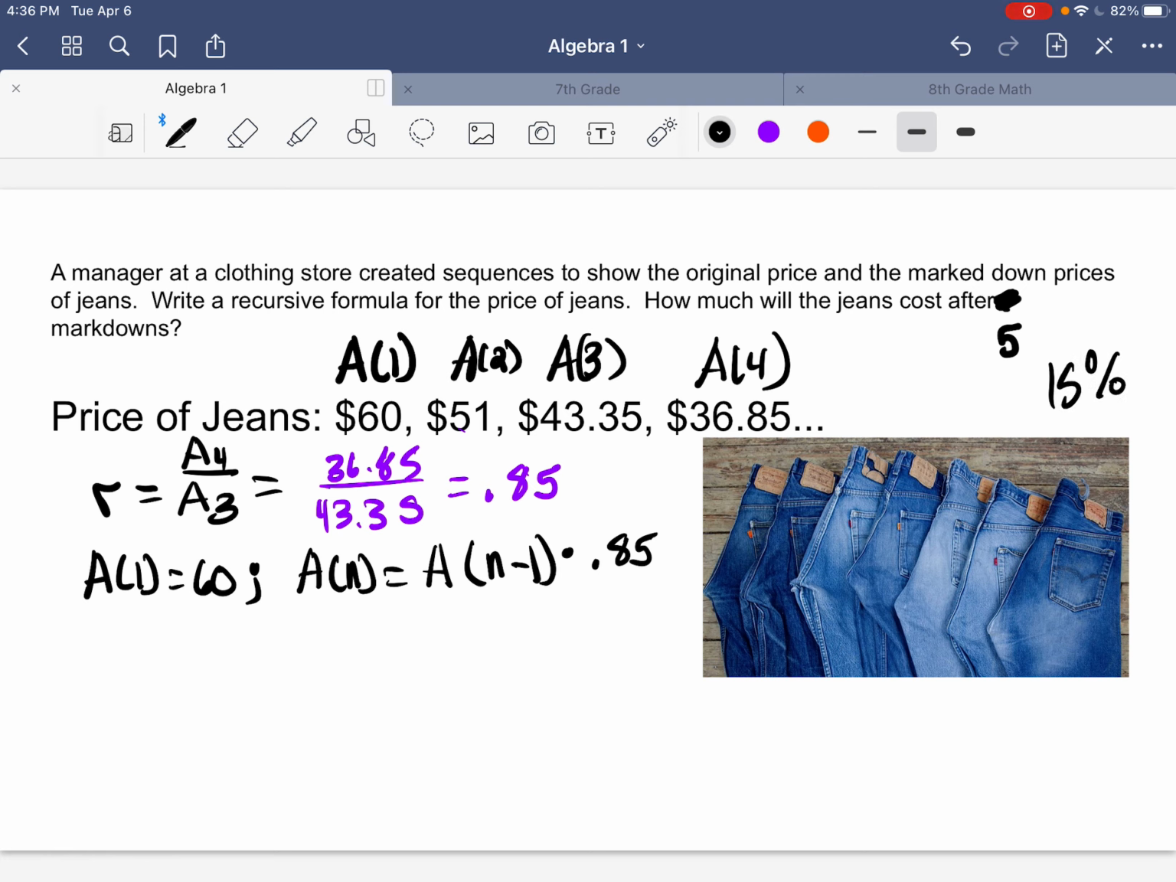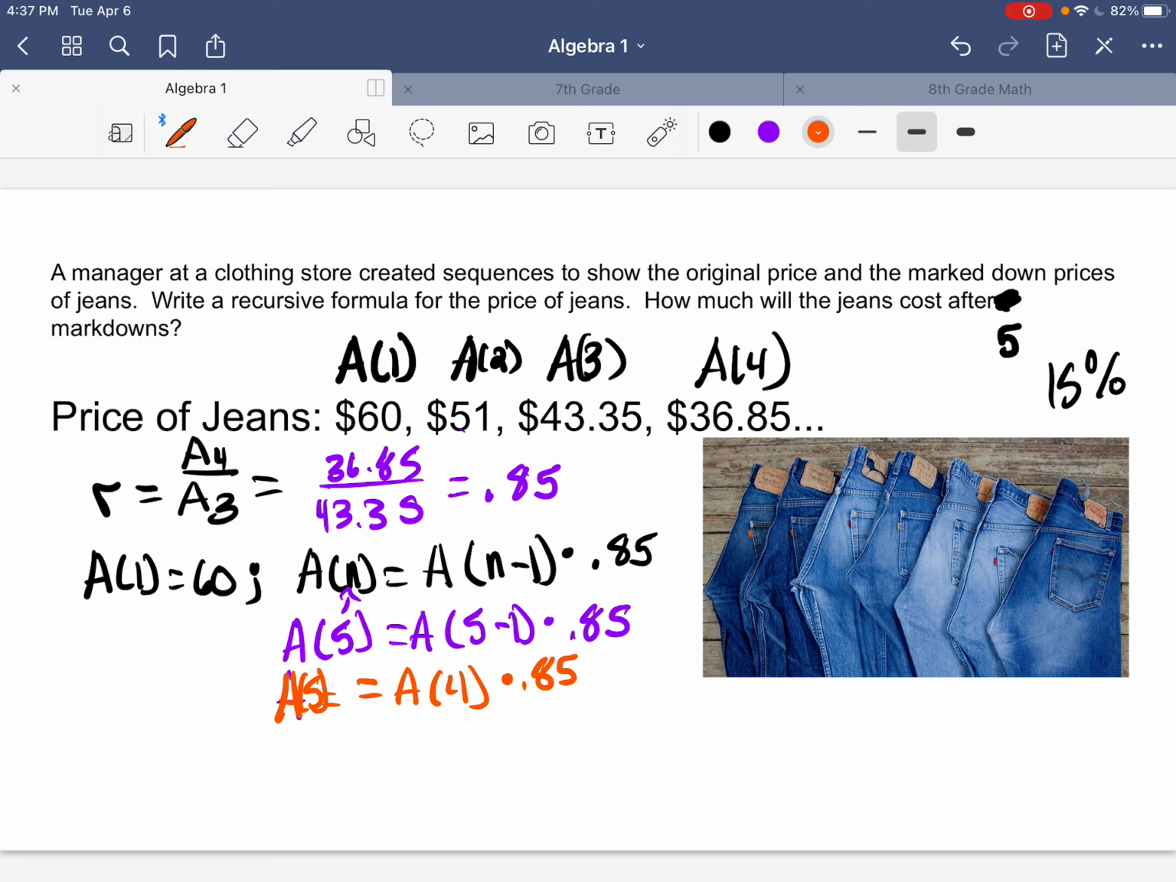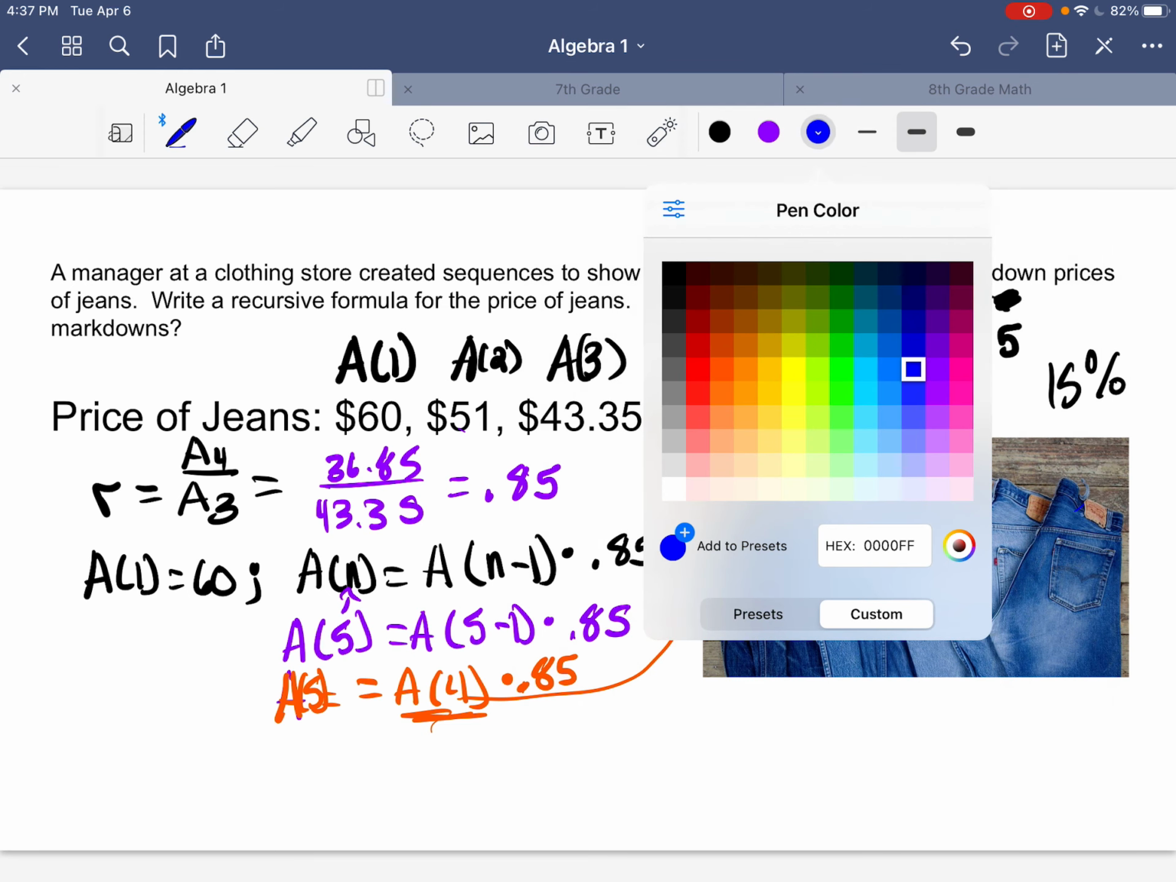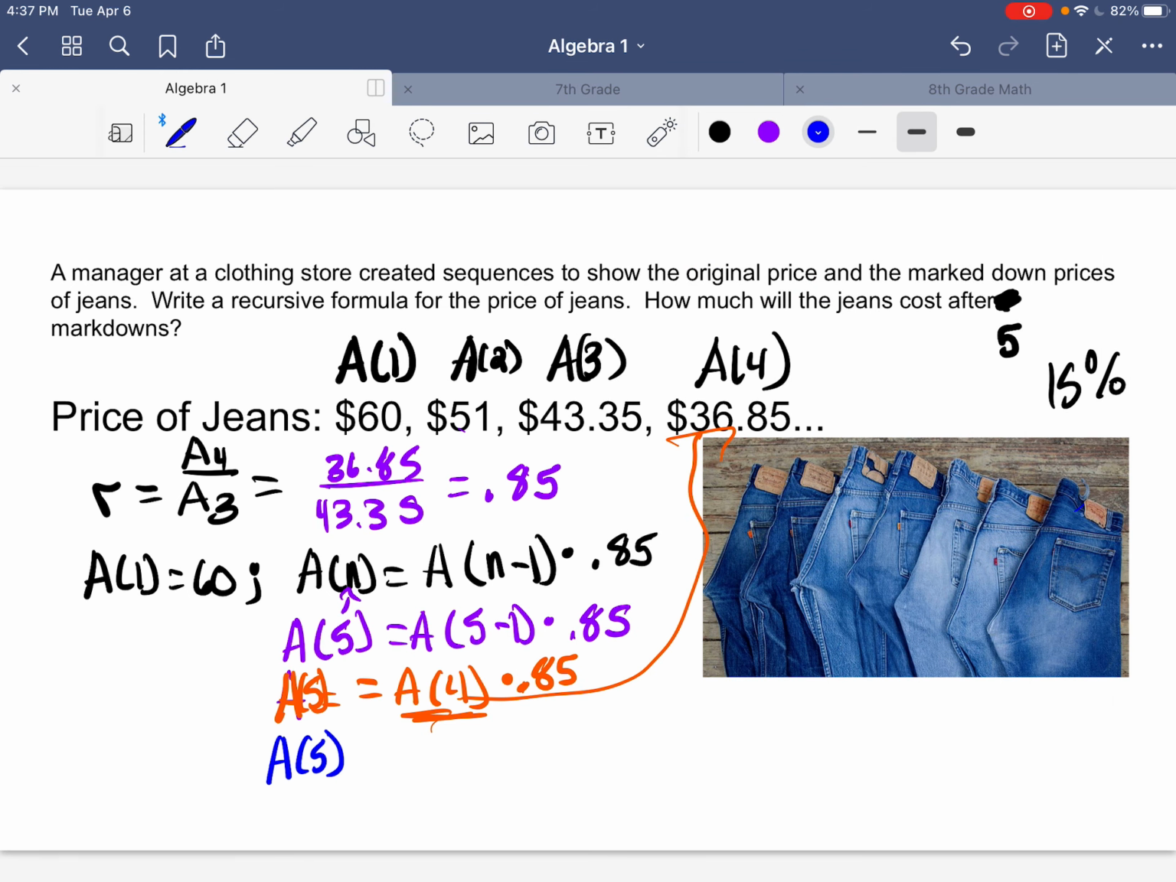Just like Geico. Anyway, if I want to find the fifth term, we know the fifth term equals A. Remember, I'm replacing n with 5. So it's going to be 5 minus 1 times 0.85. So the fifth term equals A sub 5 minus 1, which is 4, times 0.85. Well, what is the fourth term in the sequence? Because A4 is the fourth term. If you look up right there, we got it. So the fifth term in the sequence is the fourth term